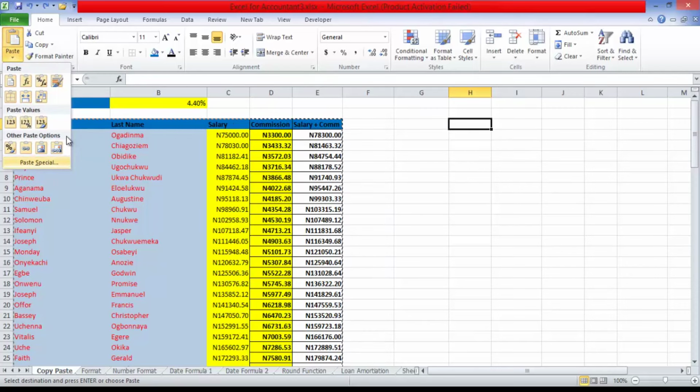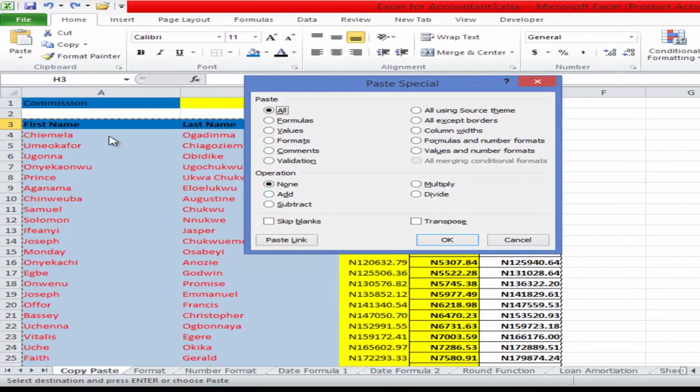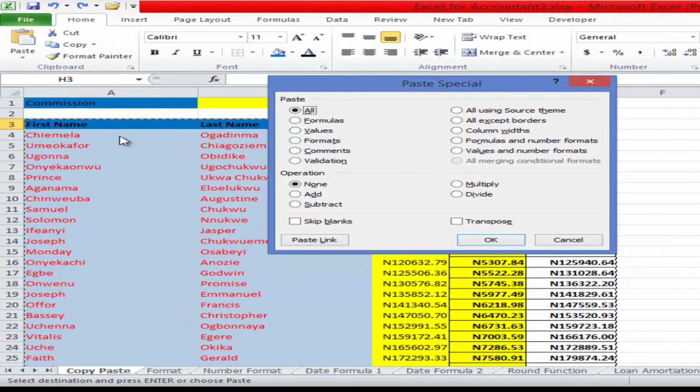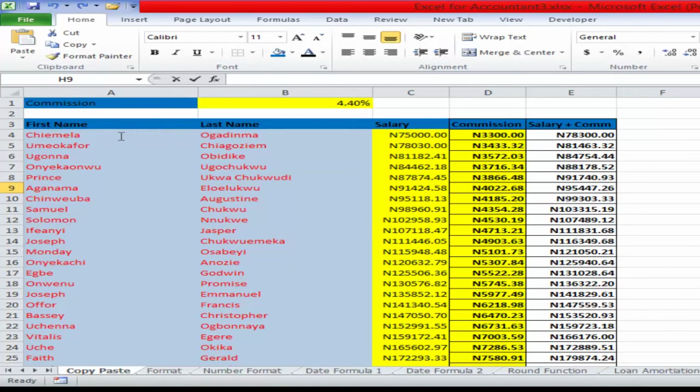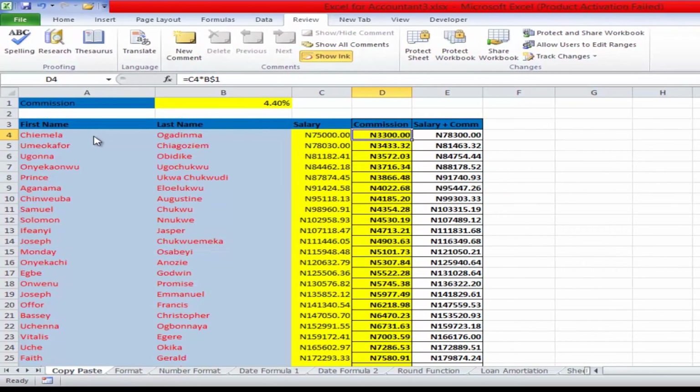So now let's look at the ones we've not done before. So we've not looked at comments. I'm going to talk a little bit about comments. Now let's just talk about comments. In this case, I added the comments here. I decided to add a comment there, and I click on